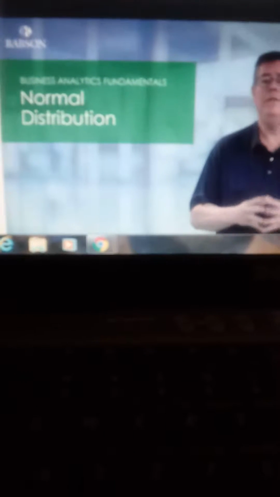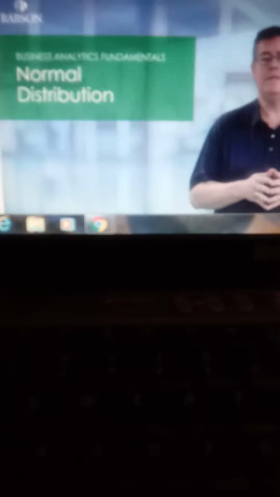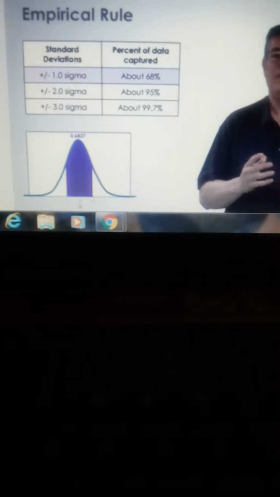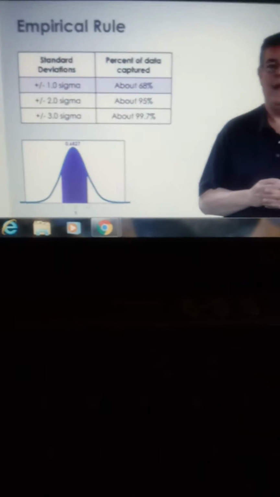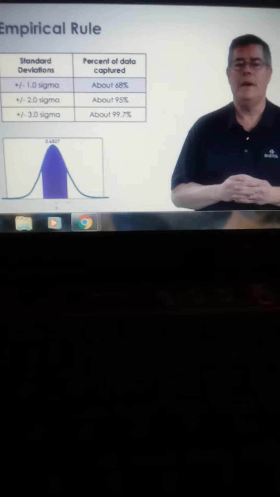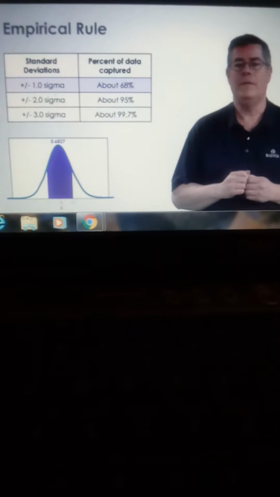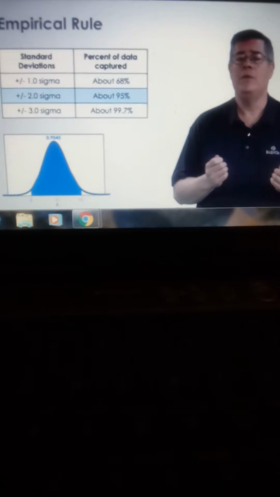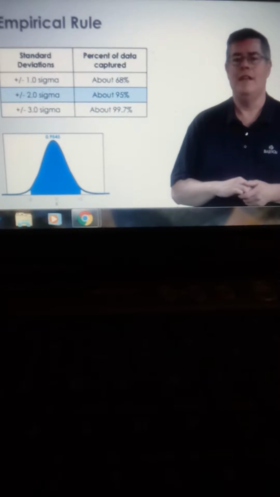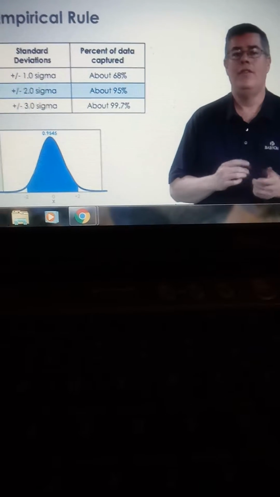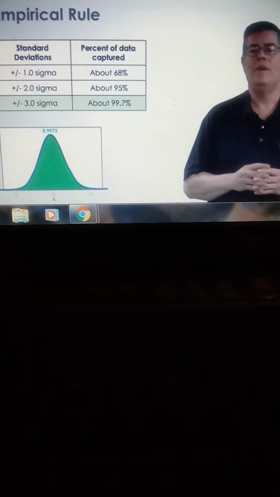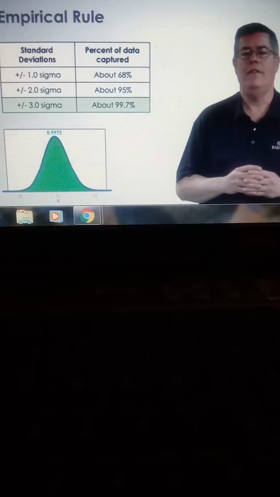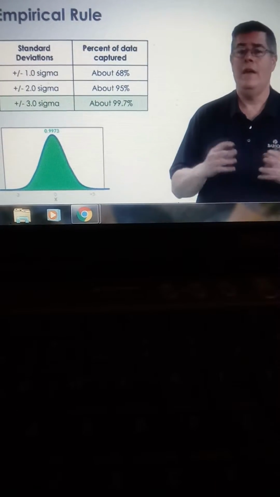Overview of how the normal distribution is used in business. Recall from week 1 the empirical rule. First, over 2/3 of the data fall between plus and minus 1 standard deviation from the mean. Second, over 95% of the data fall between plus and minus 2 standard deviations from the mean. Third, over 99.7% of the data fall between plus and minus 3 standard deviations from the mean in a normally